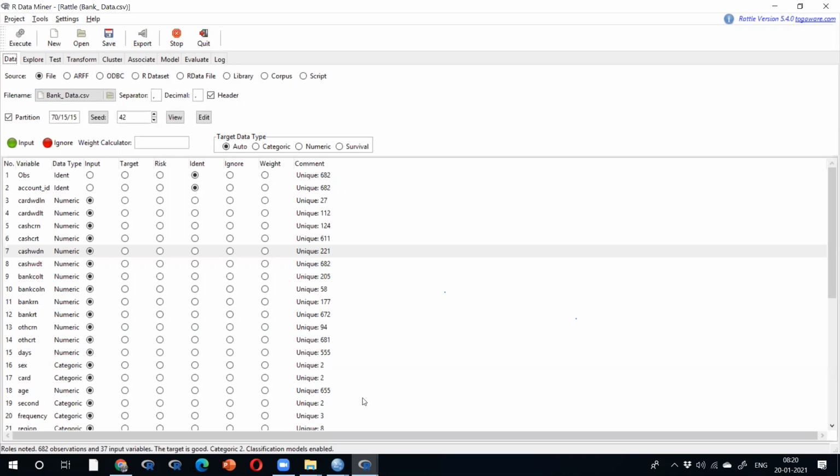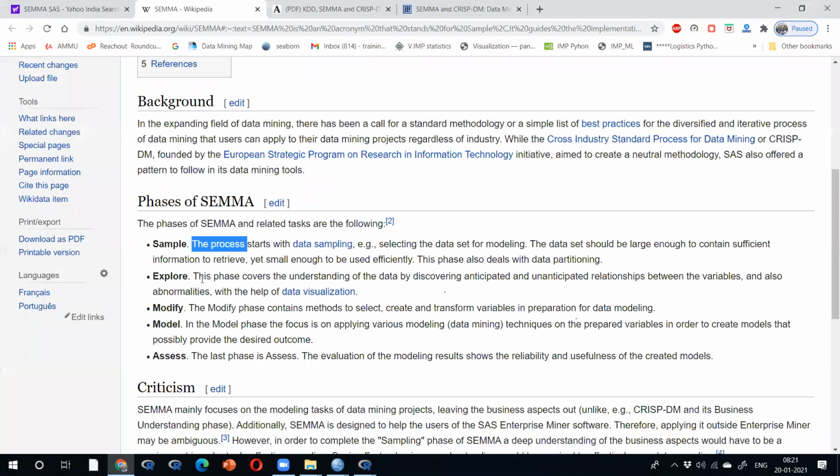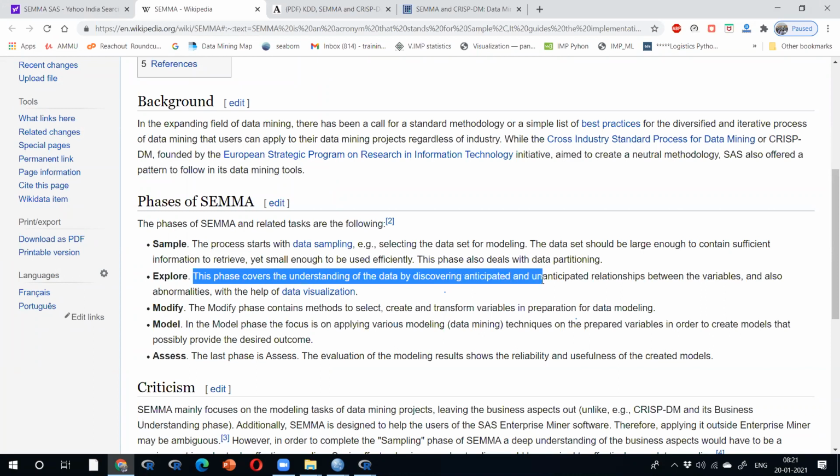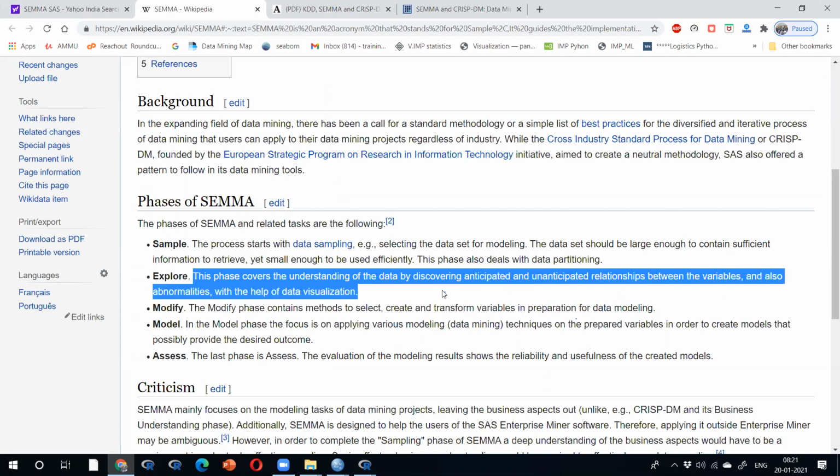Once you have the sample data, what is the next process? The next process is explore. It is called EDA, exploratory. This phase covers understanding the data, discovering anticipated and unanticipated relationships between the variables, and also abnormalities, and different visualization and summarization techniques. It's called data exploration.